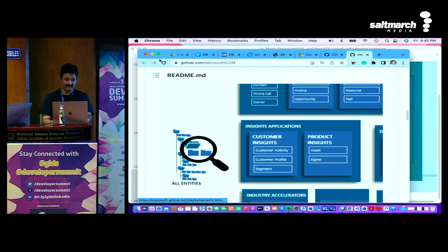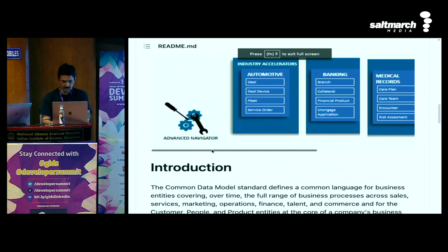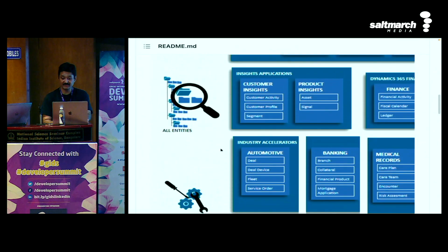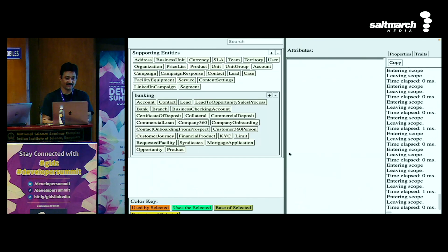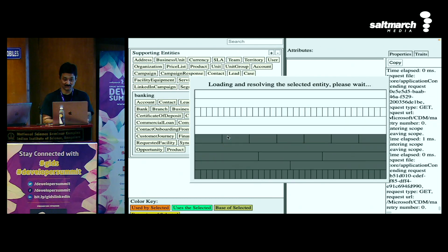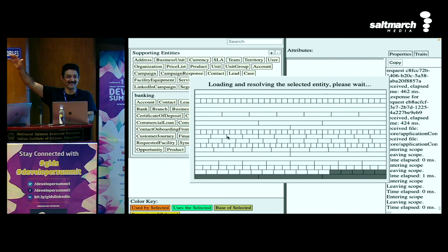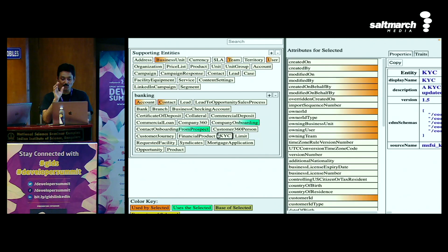Now this is the GitHub repository. Let me open this up to show you. How many here are from the banking industry? Banking, yeah? Let's go to the banking industry, and you can help me out, whether you have these objects or not. The banking industry has a branch, yes? As one of the objects. Collateral, yeah? So let's take a look at some of the things from KYC. What is KYC? Oh, everybody knows that. Aadhaar card, man. But see, what fields to use for this? Is there a standard? Because if a bank merger happens, and the two banks are not using this format, you have a problem. Yes? Everybody agrees?